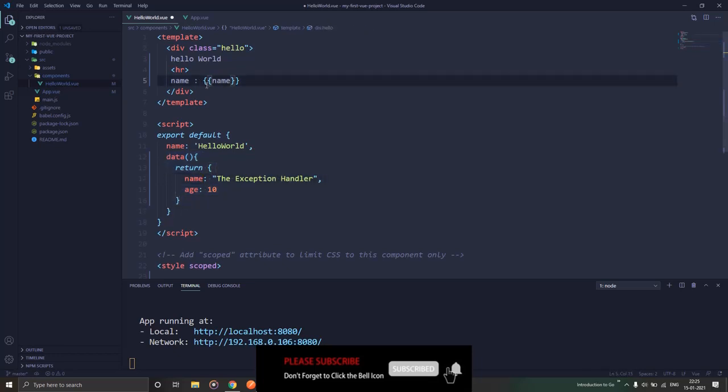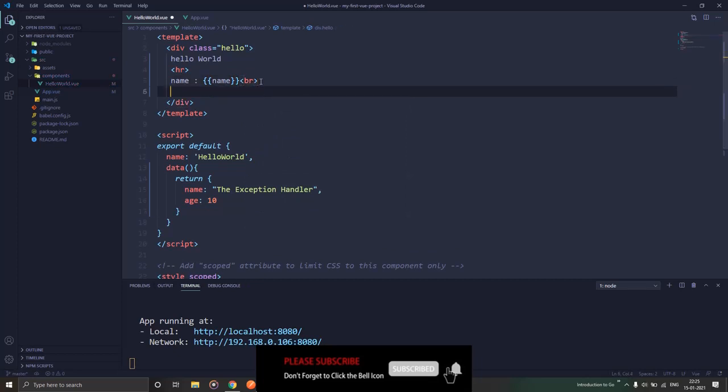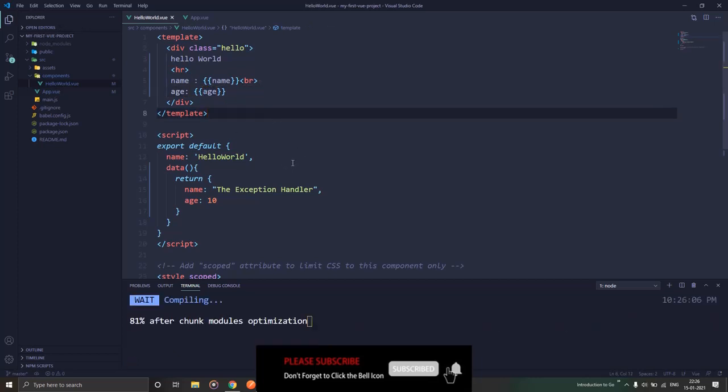So this is how you bind the data, and then I'll give a br tag just for the next line, and let's say age. So this is a pretty simple thing that we have done. We have just created two variables and we have bound them on the UI. Let's see if we can see them. Yeah, we are able to see them on the screen.